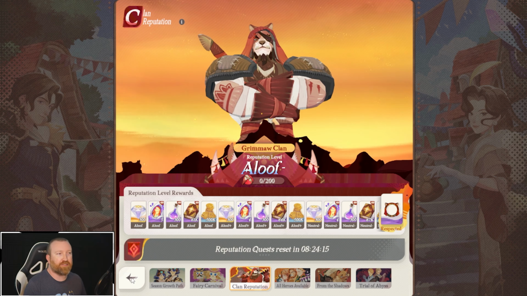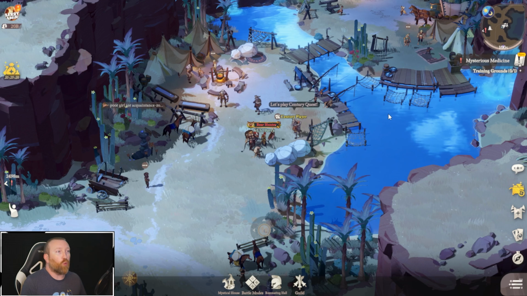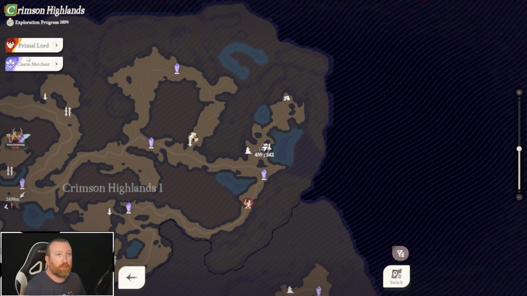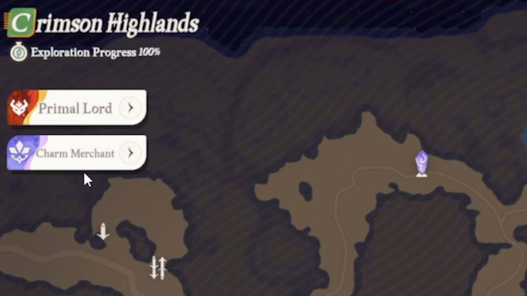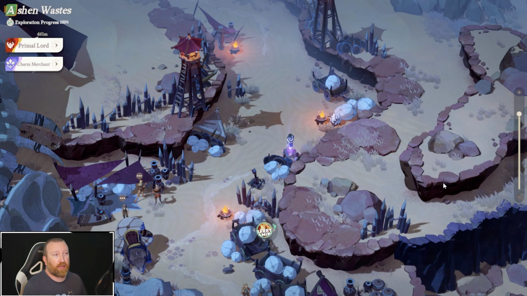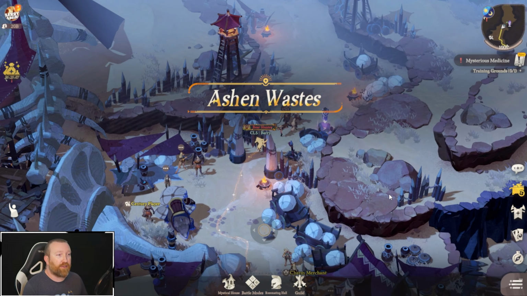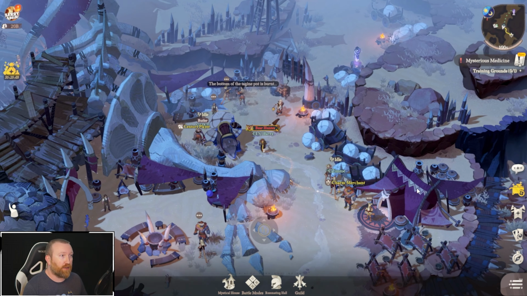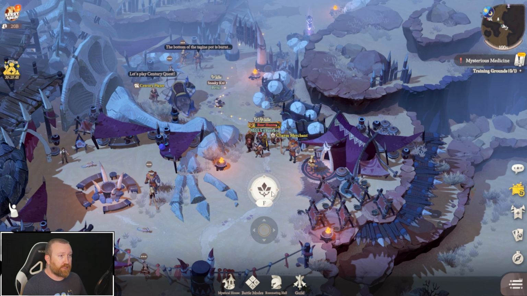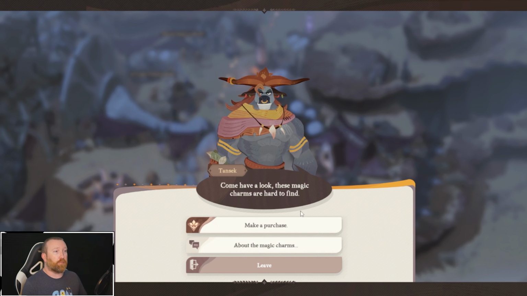However, there's one thing I've seen a lot of people asking about, and it's like, where is the Magic Charm Merchant? Where did he go? Well, if you actually go to your map, one of these little pop-ups up the top now is called Charm Merchant. It'll show you where he is, just like how we had in Holostone and everything. You have another merchant in game here, and as you can see, I don't know why it's so jittery after this update, but you can go to the merchant and you can now purchase things